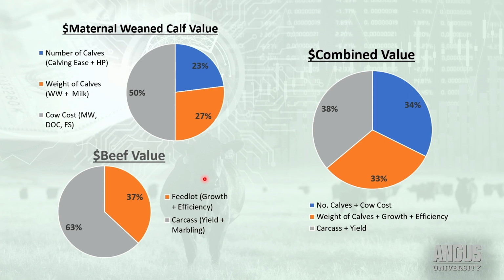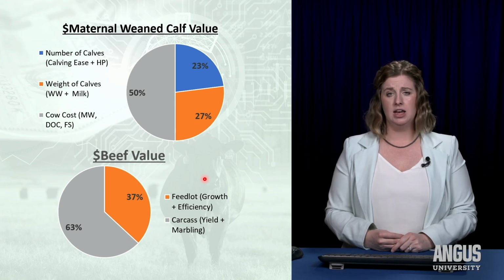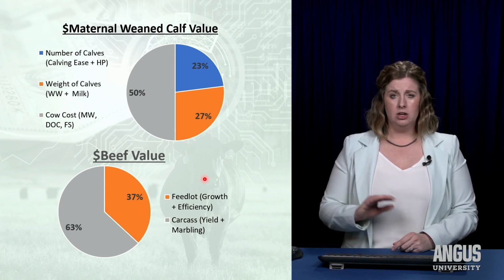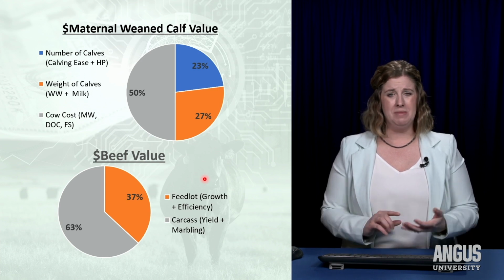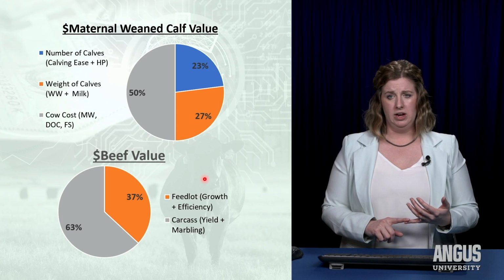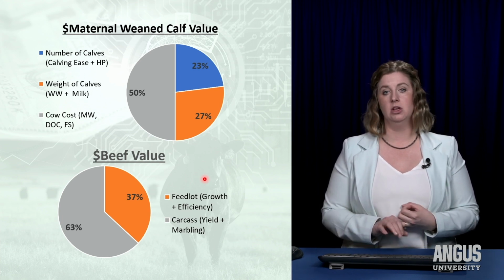However, 50% of this maternal weaned calf value index is in gray, and that's going to be your cow cost. Things like how big your animals are a really good proxy for us to be able to utilize and think through how much that animal is going to cost you to maintain inside of your herd. So mature weight's in there, something like docility is in there. Again, going back to our example, if our females are too